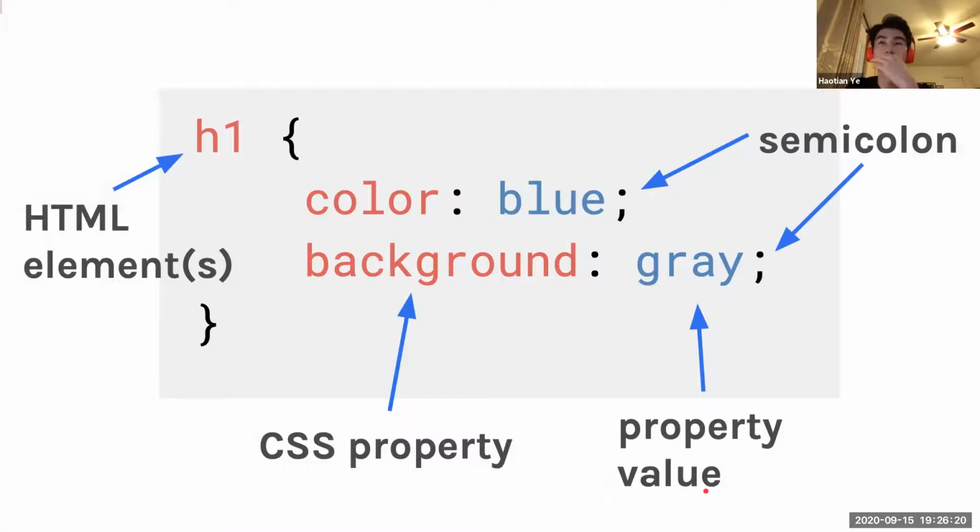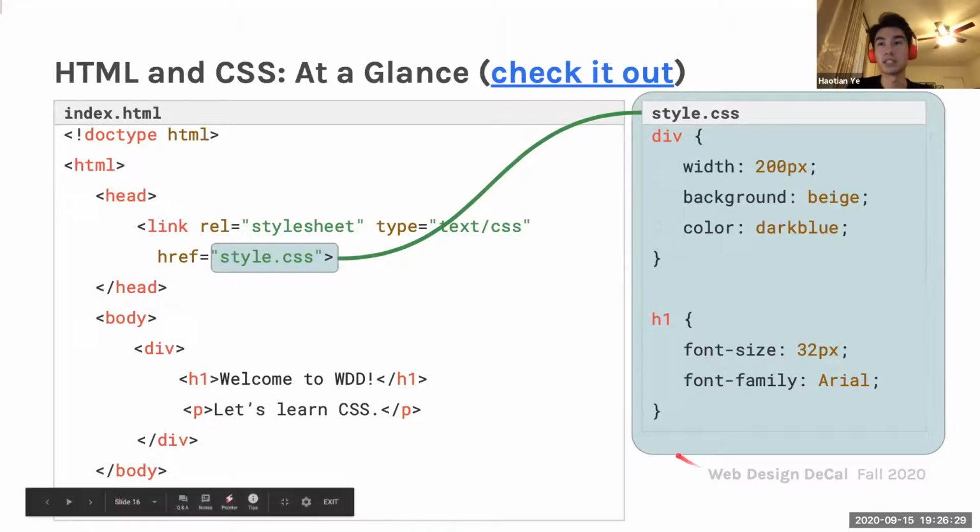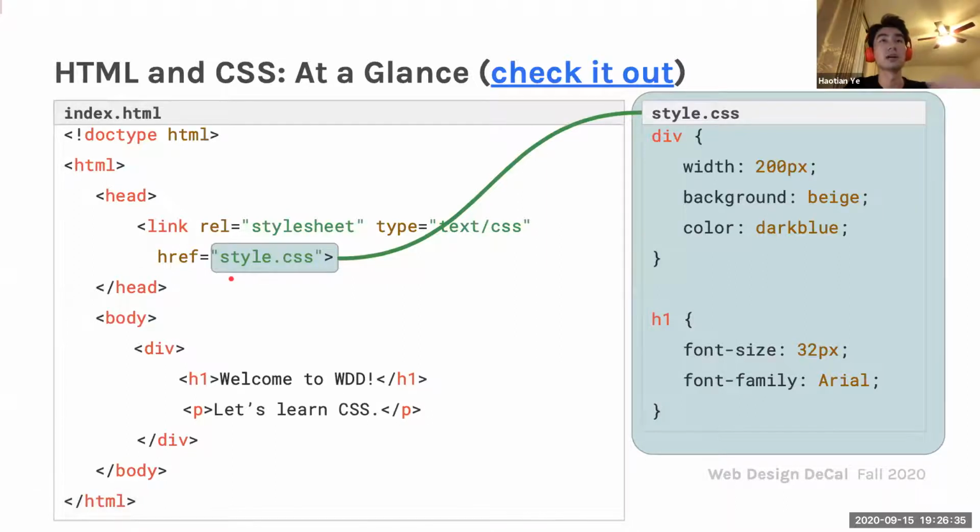So we're going to walk through this step by step. Let's say we're in an index.html file, and we have all this HTML code, and our CSS stylesheet is a separate file too. So we link it here, and for the sake of this example, the style.css file is in the same folder as index.html, so our path is just the name because we don't need to go into other folders. We have linked it now, and this HTML knows where to look to apply all these rules.